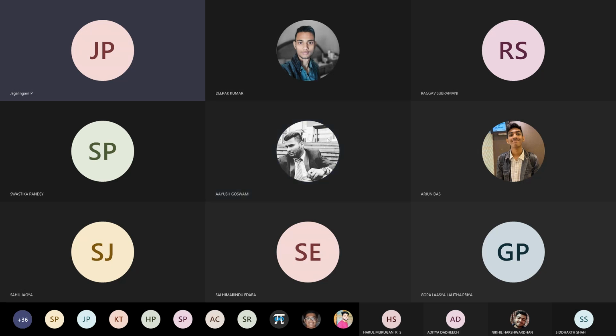See, let me repeat. For command, first you write name of the command. Let's say ls. In the next line, you write only one line description. What ls does, it lists the names of the files in a directory. That is only one line of information about the command to be kept, and then you keep the screenshot of the command ls. Okay, sir.